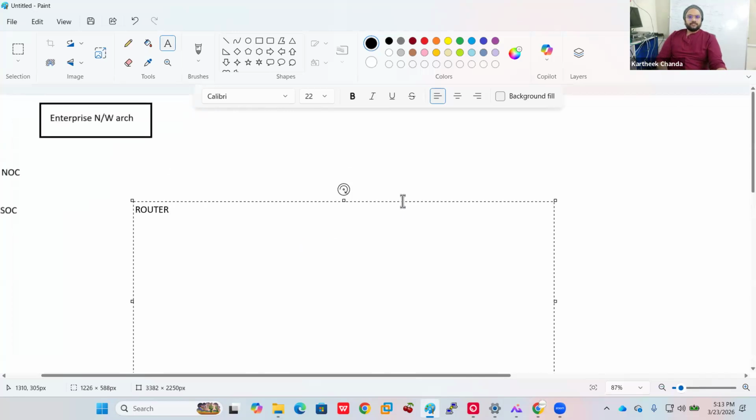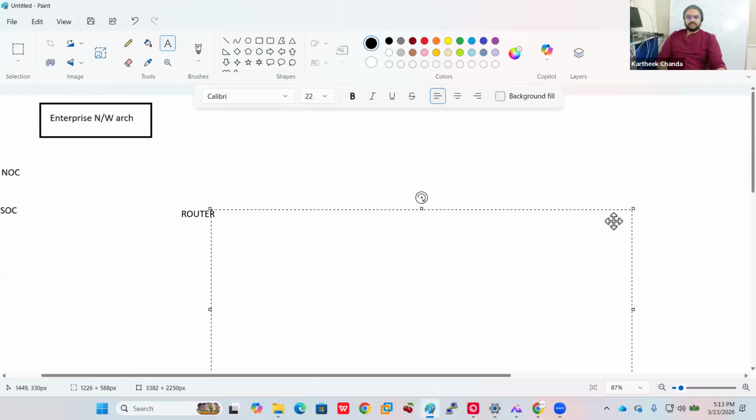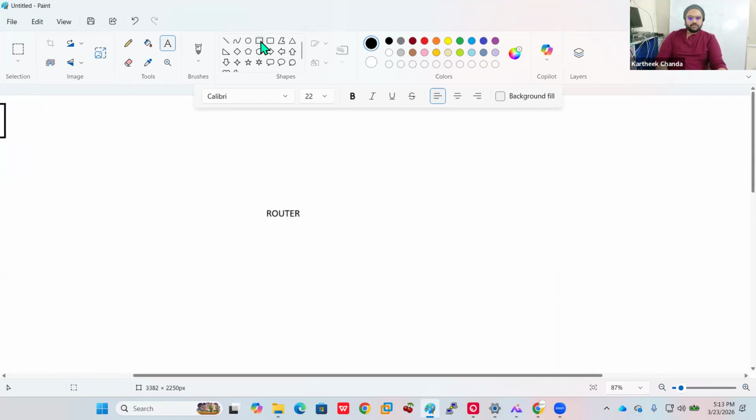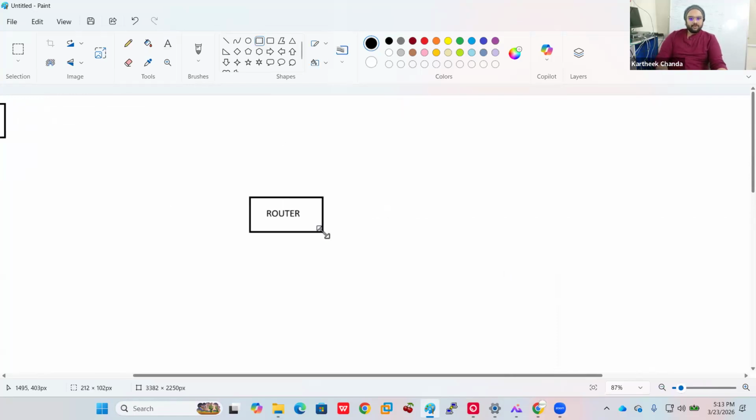So you'll have a router. So basically, what kind of router? The thing is, Cisco routers you have. Okay, but the thing is, when it comes to an enterprise scenario, in home, as a home user